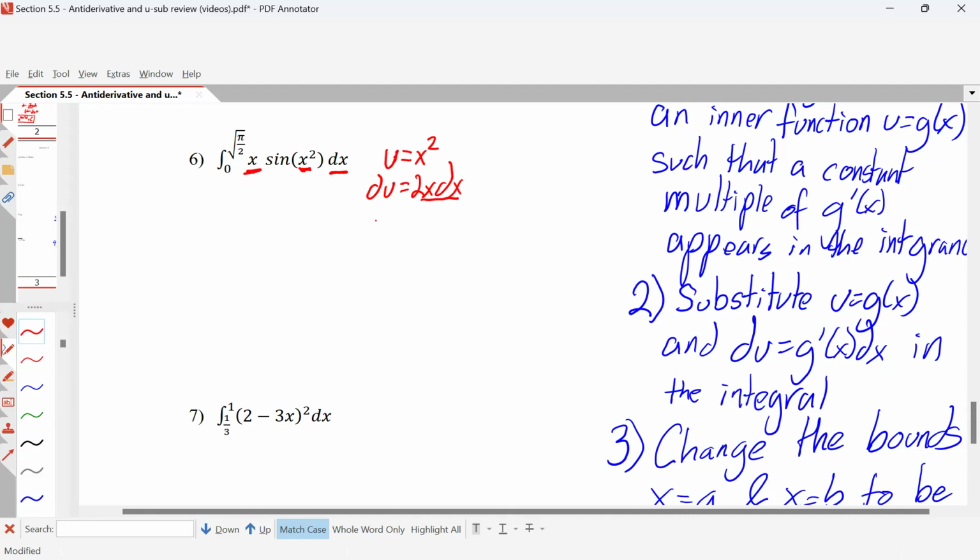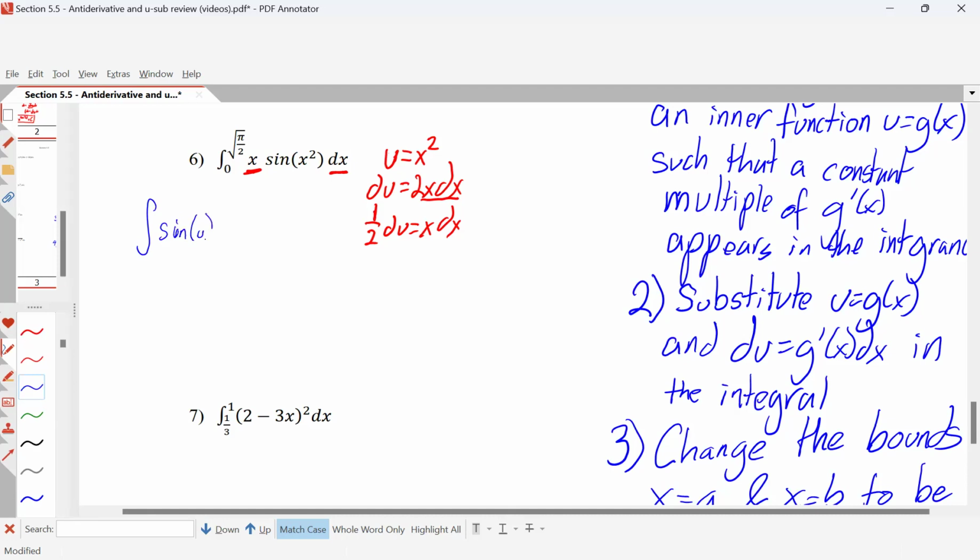That also means that 1/2 du is x dx, telling us this x dx in the integral is going to be replaced with a 1/2 du. So making our substitution, we now have the integral of sine